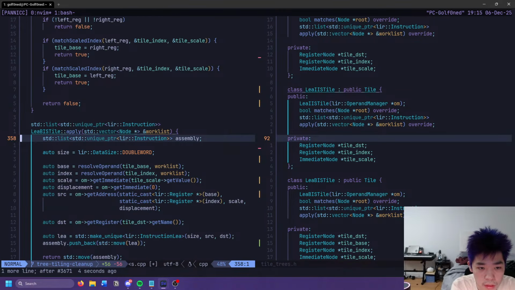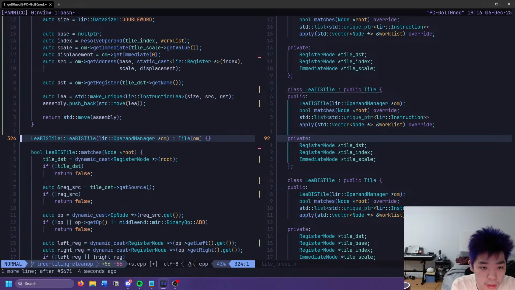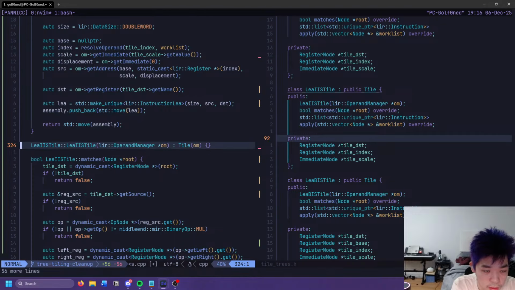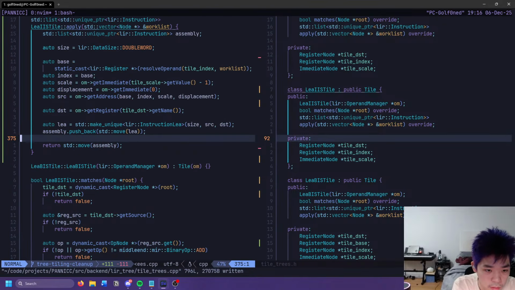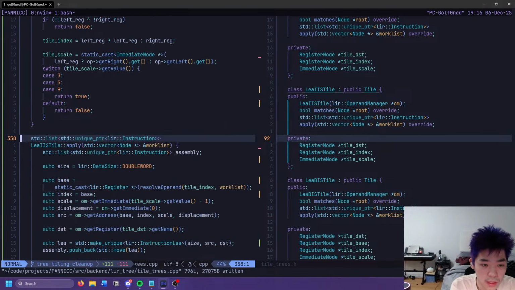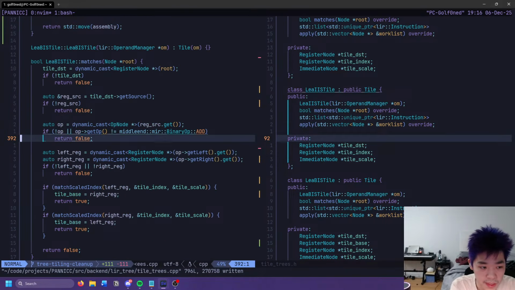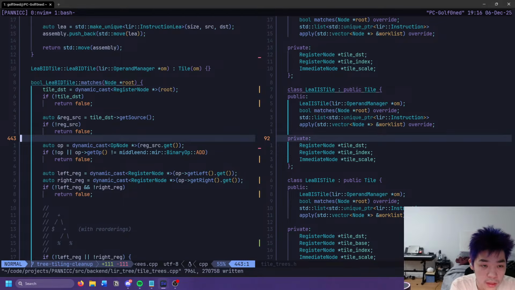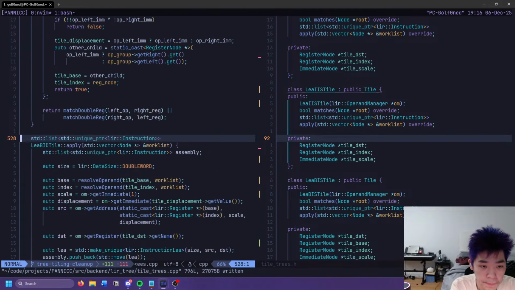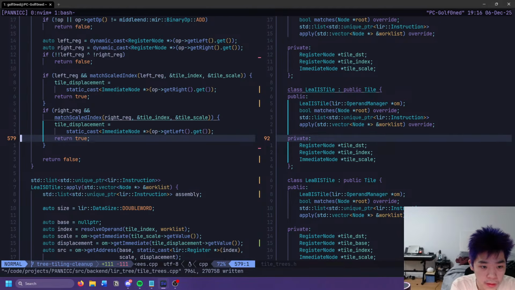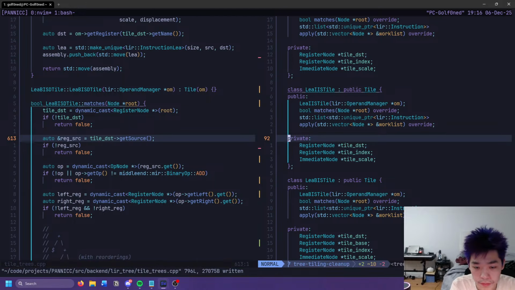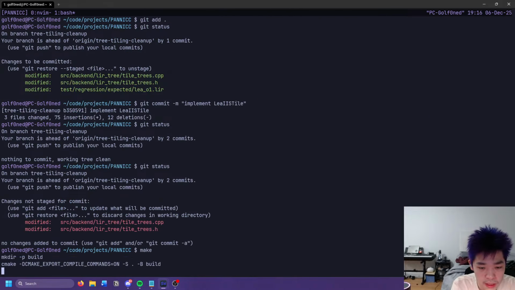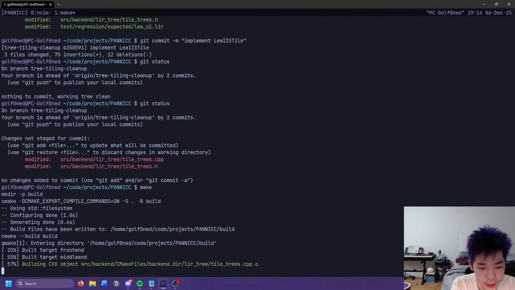Okay. So this goes like here probably. Yeah, okay, that seems reasonable enough to me. Yeah, okay, cool. Let's just build just in case. I don't think this is gonna change anything, but